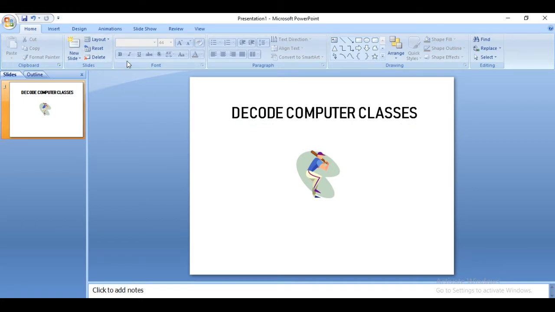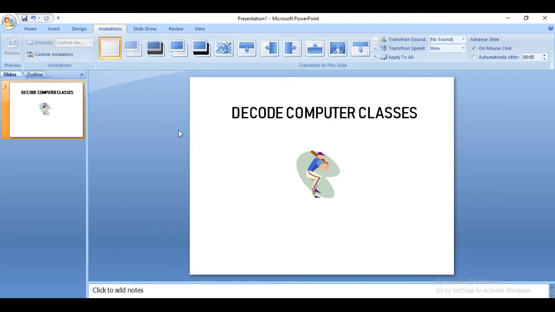So this is the thing which we have. Now go to the animations tab. Here, the first important thing you see is transitions to the slide. Let's see the transition effects. This is a slide, and this is all about how your slides appear on the screen.